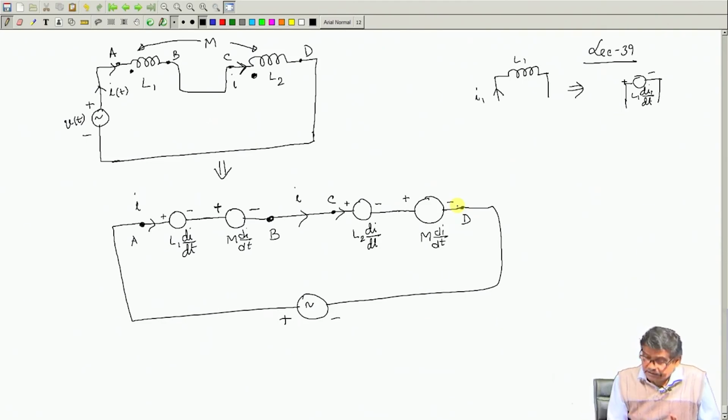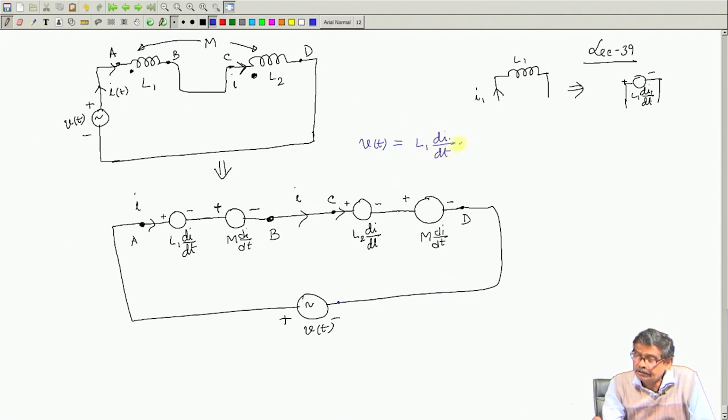So, in this circuit, suppose this is V t, then the KVL equation will be, starting from this point to here, V t is equal to L 1 d I dt plus M d I dt